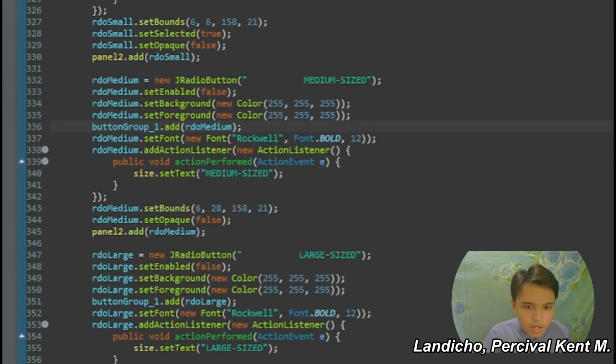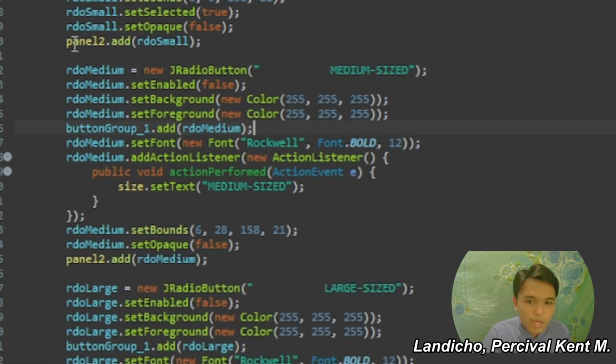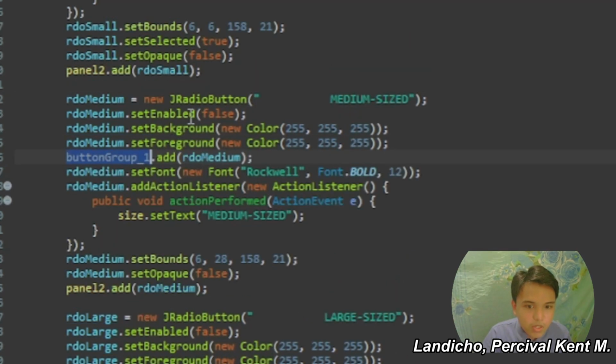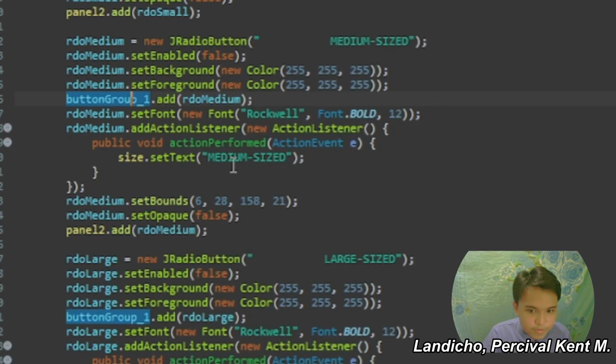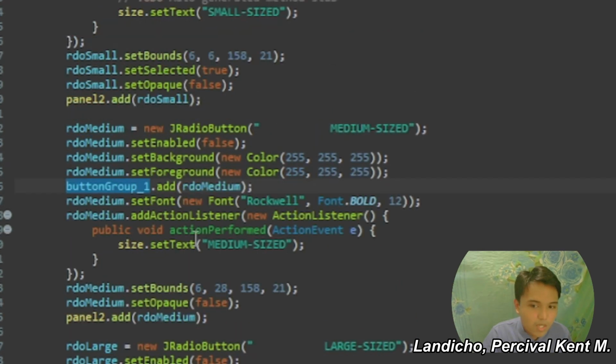In this part, I will discuss how the radio button in the select size works. First, we add a JRadioButton instance to button group 1, to ensure that only one radio button within the group can be selected at any given time. Adding radio buttons small, medium, and large